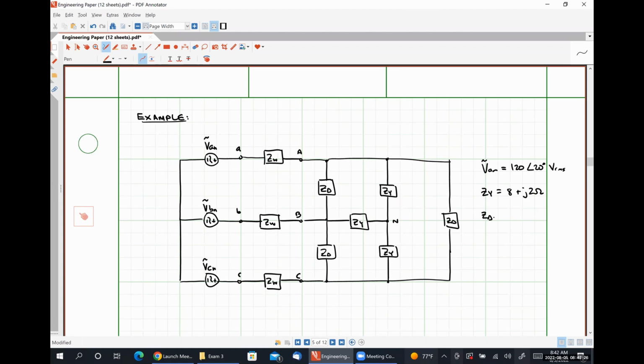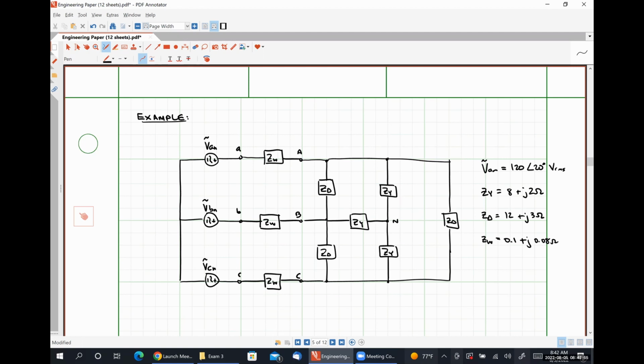We know that our delta connected impedances are 12 plus J3 ohms. And we know that our transmission line impedance ZW is 0.1 plus J0.08 ohms. What we want to find is all of the line currents and then all of the phase currents in our